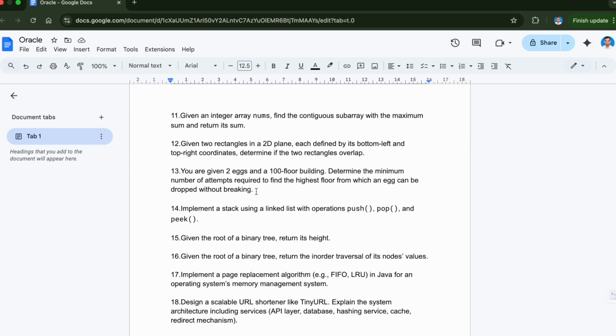Now let's come to question number 11. Given an integer array nums, find the continuous subarray with the maximum sum and return its sum. So here also an array of integers is given and you have to find the continuous subarray with the maximum sum. So this is again